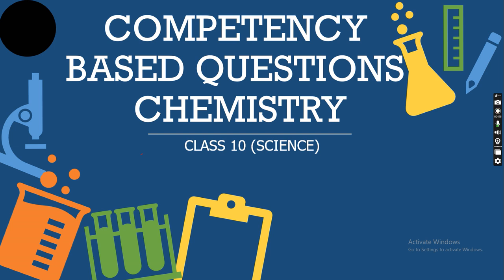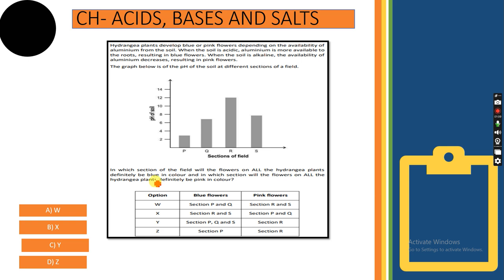Okay, so first is related to your acids, bases and salts. I hope you remember the chapter. So based on that we'll be doing the next part. So here we go. The main thing is you have to understand the question properly, see what is being given, and find out the keywords. If required, underline wherever you think it's important in the question. That way it will be easy for you to find the solution.